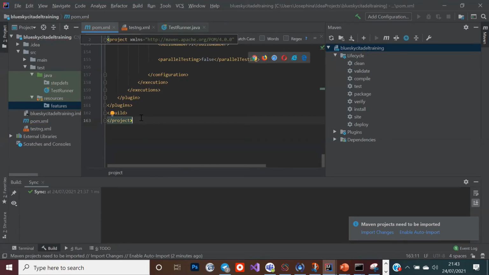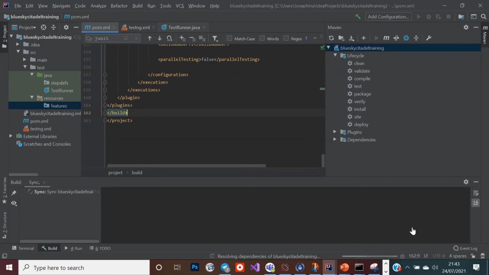So there should have been projects right at the bottom of it, which are all the things I deleted. Now you can see that I have the green tick. I'll click on import changes at the bottom as well. Then I'm going to clean. So basically, as you can see,